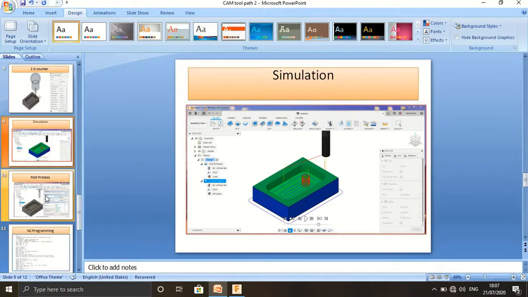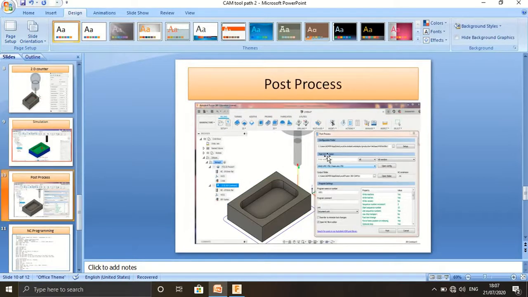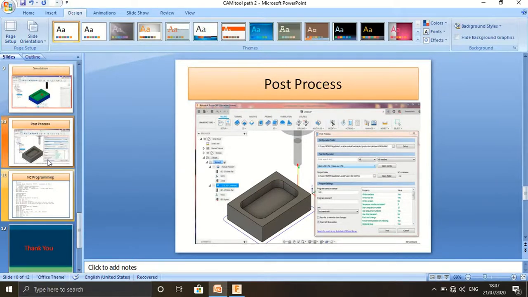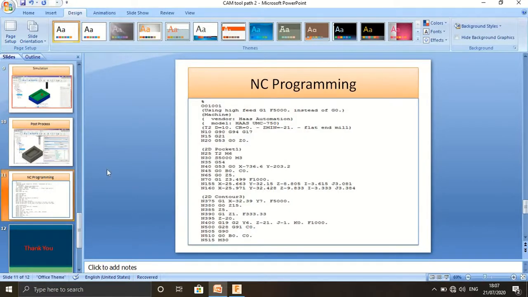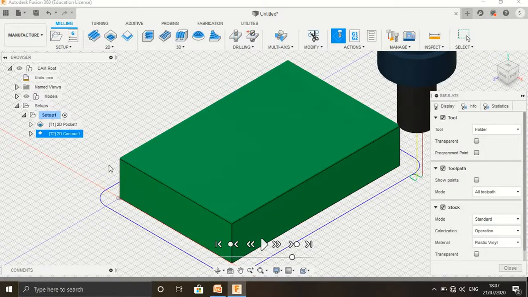Next part is post processing, that is generating the program through the software. We are going to discuss that point. Go into Fusion 360. Both the setup one and both operations, pocket and contour, we are going to check.